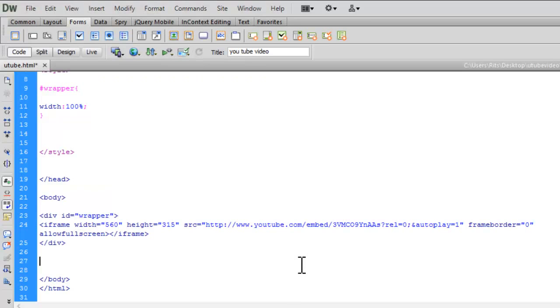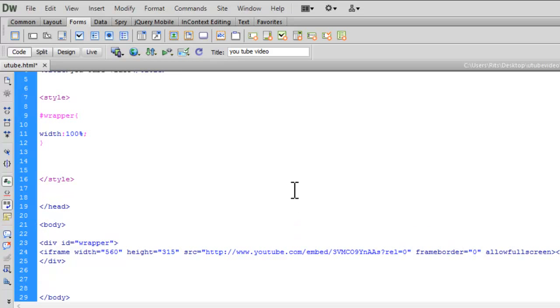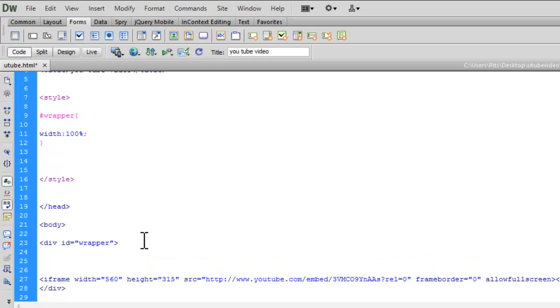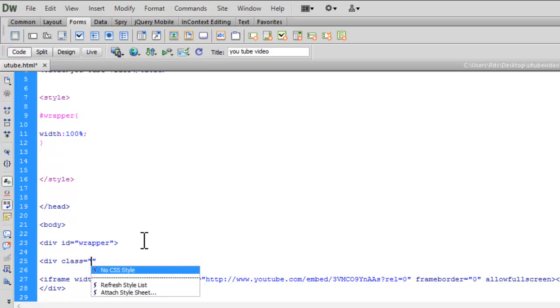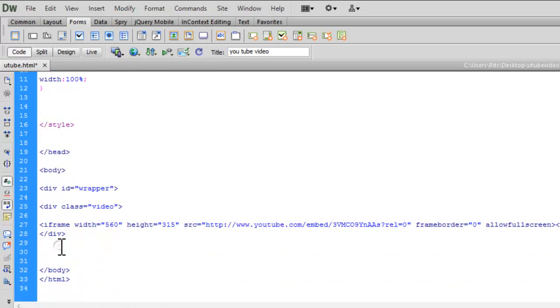Now let's make our video responsive. First, let me remove this autoplay. I don't like autoplay videos. It's totally up to our choice. Now, let's make it responsive. Save. Let me just wrap this video inside a div with a class of, say, video. Let me close the div tag. I don't want to have width and height now. We will make it responsive on the full screen.